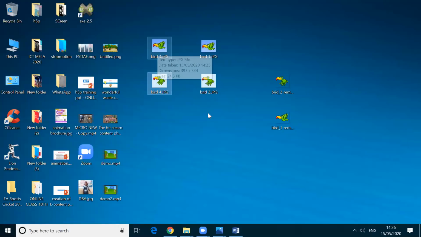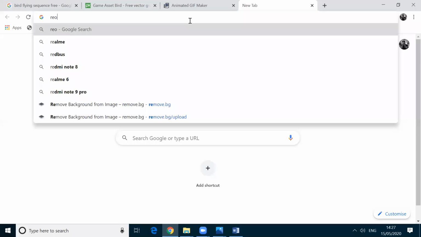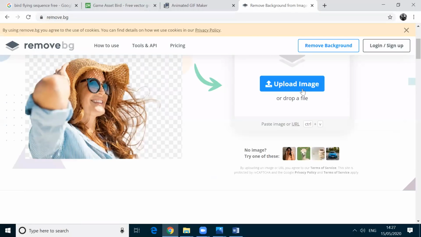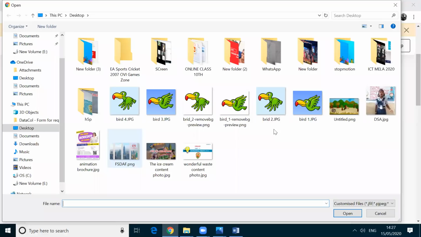The next step, what we are going to do is we are going to remove its background. You all know how to remove the background. I told you already. If not, let me repeat it again. Here I am going to Google, and then I type remove.bg, and I click enter. Here there is one option, upload. I click on the upload, and I am uploading the bird 3,